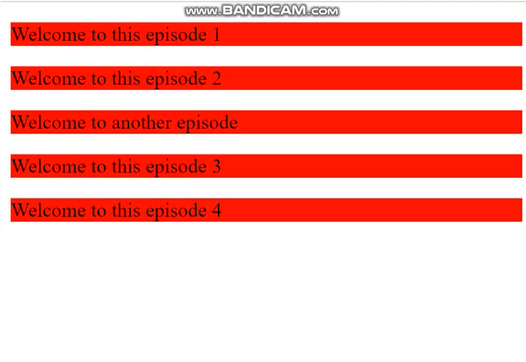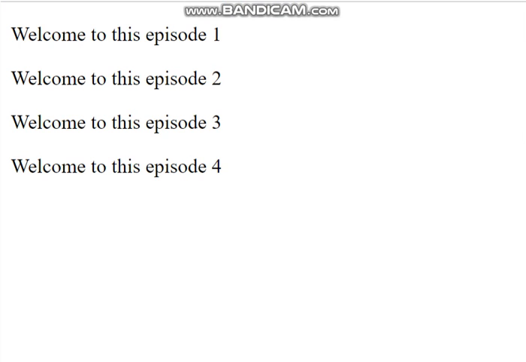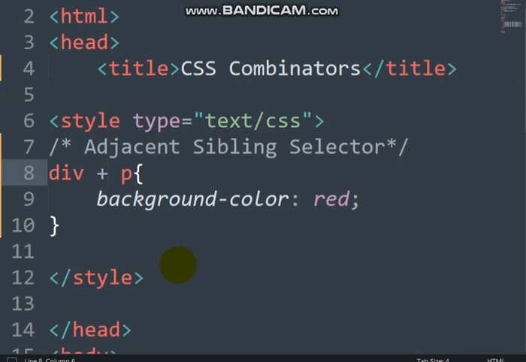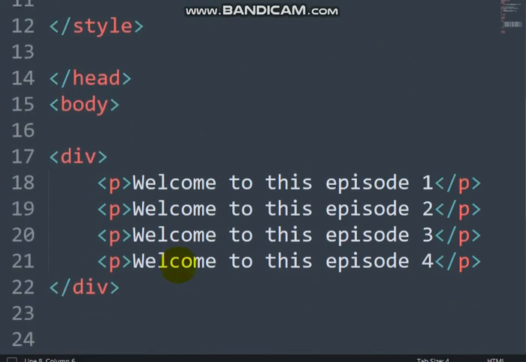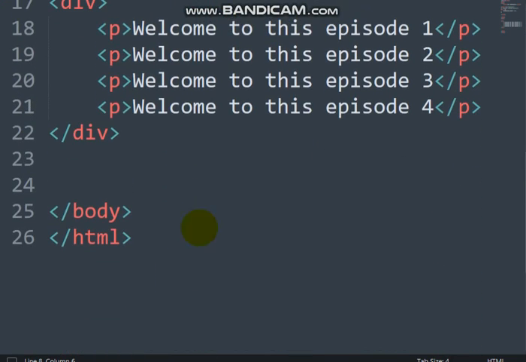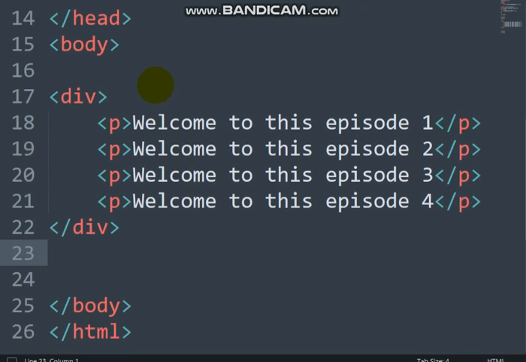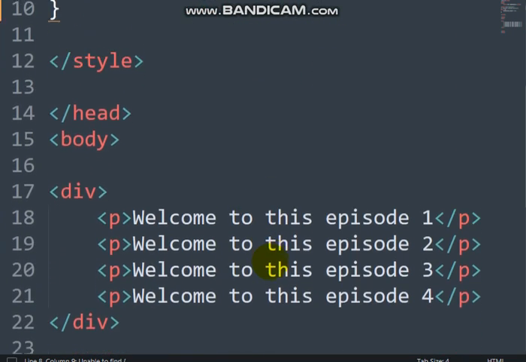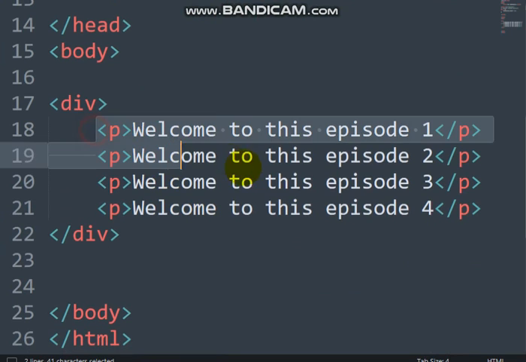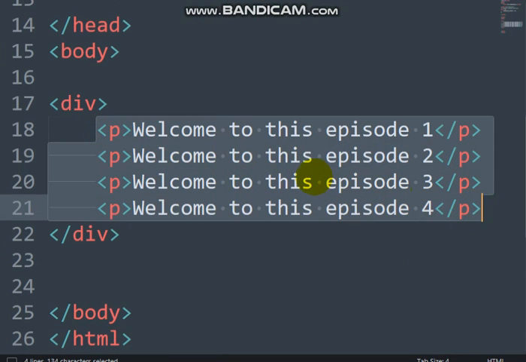Let's see how it works. If you check here, does it work? No. Why? Because if you check this div, all the elements here are children of div. But here,